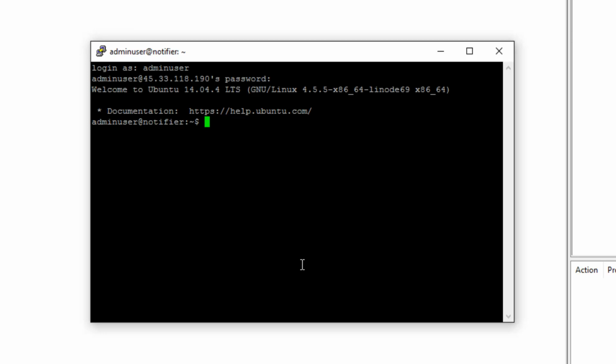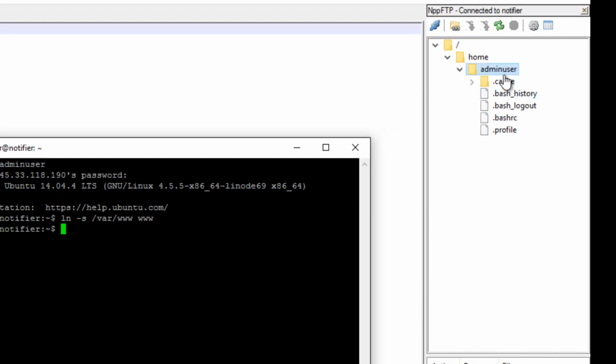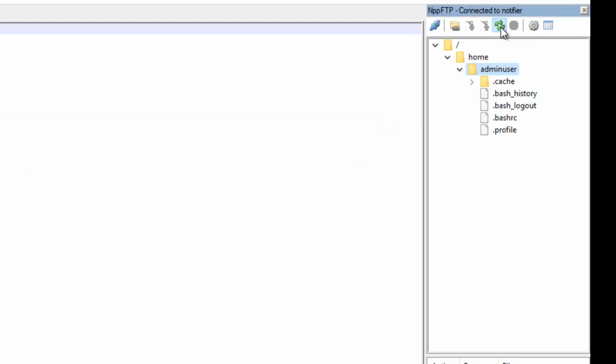So I'm going to put in the ln instruction for link and -s, and that means that this is a symbolic link, so it's basically an alias for the directory that we want. The directory that we want is var www notifier. In fact, I'm not going to put notifier, I'm just going to put var www. So I want a link to var www, and I want to call that www, so that's the name of the link. Go ahead and run that instruction, and then back in Notepad++, if I hit the refresh icon,